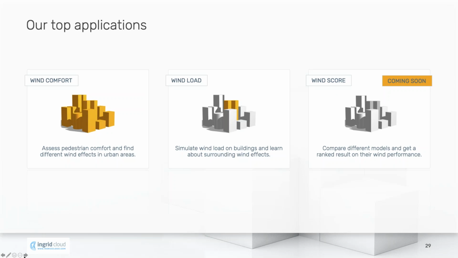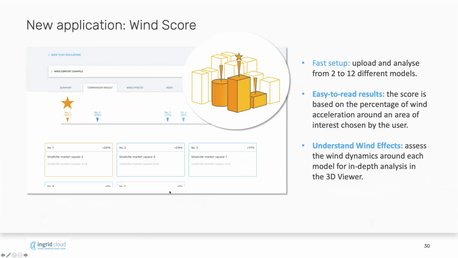We will launch this app in the coming weeks, where in the early phase of a project, architects can upload different design options, so you can upload different models at the same time. And these models are compared and ranked according to the velocity. So you get a ranking, and then one of them is basically getting the highest score regarding the velocity in